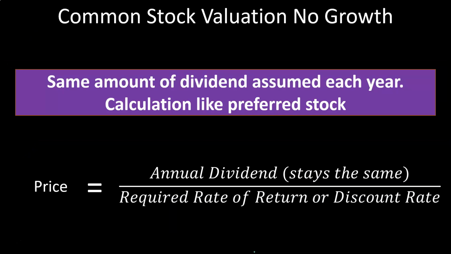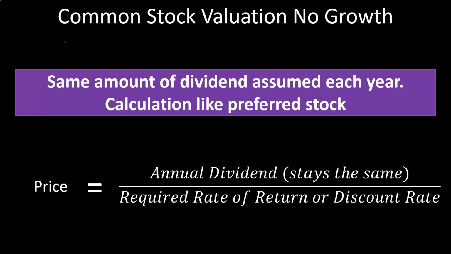So here's a couple ways we can generalize this. We will have practice problems, so you can take a look at these types of calculations. First, we're going to go into the common stock valuation if there's no growth. This is the type of company that's giving dividends out. We're not saying that they're not earning revenue. We're saying that there's no growth in terms of the dividend growth, which would indicate that the company's somewhat stable.